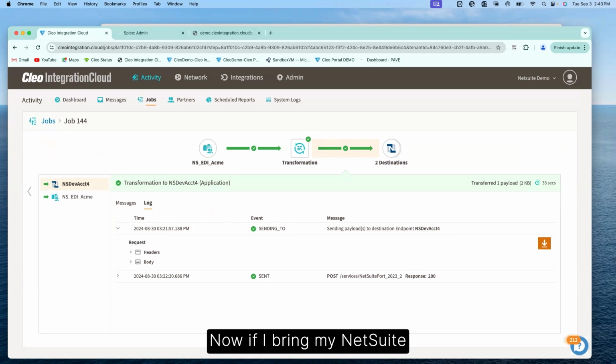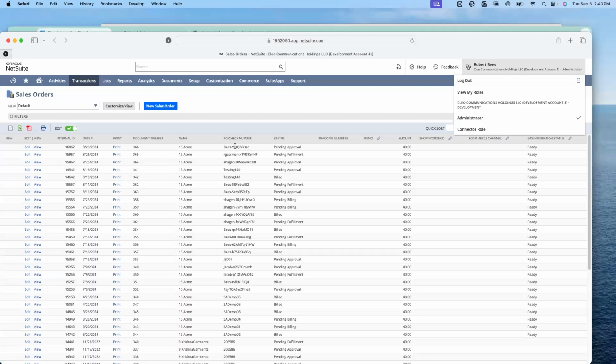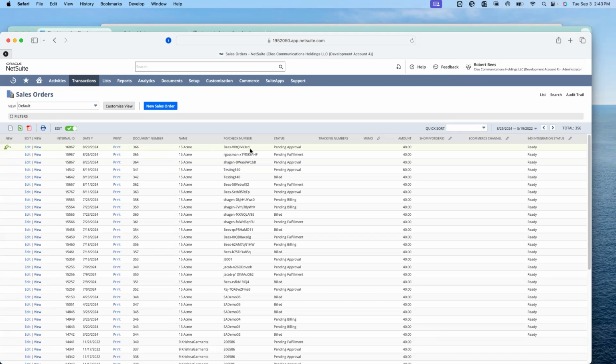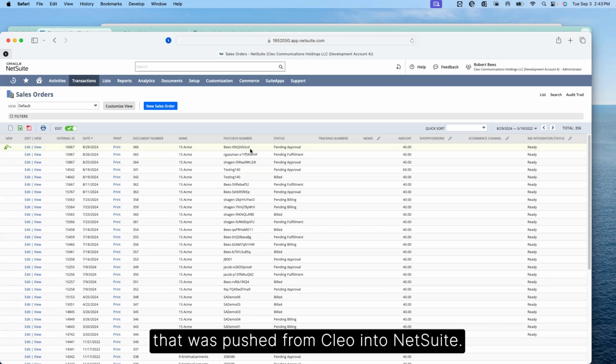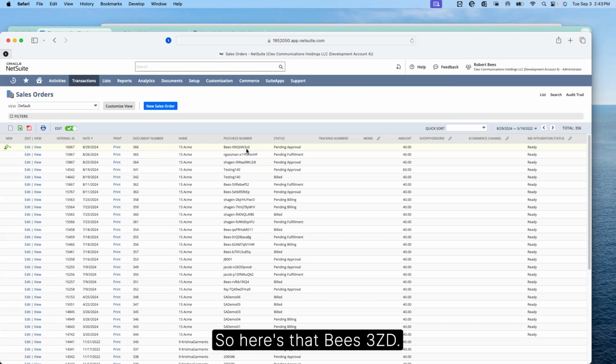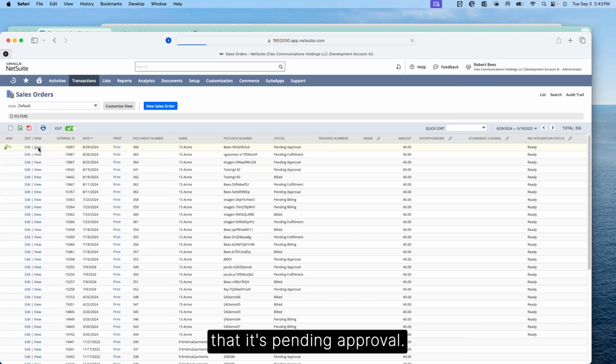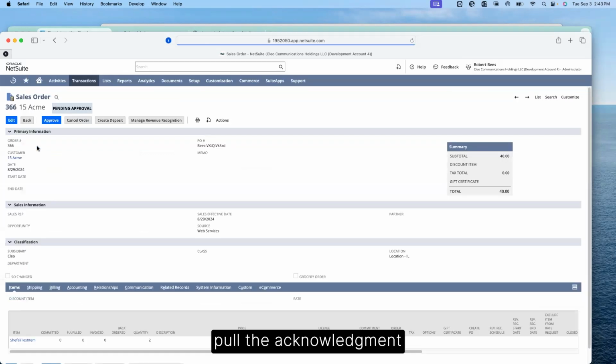Now, if I bring my NetSuite console over to the screen, we can see here in my sales order screen that purchase order that was pushed from Cleo into NetSuite. So here's that B's 3ZD. If I open this up, we can see already that it's pending approval. So I'm going to go ahead and open it, and I'm going to approve this order. And then we'll examine the process to pull the acknowledgement information down and send